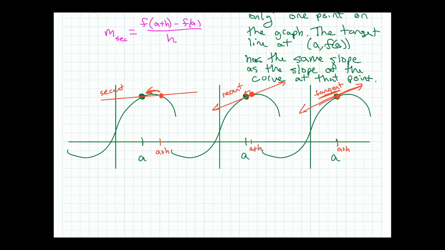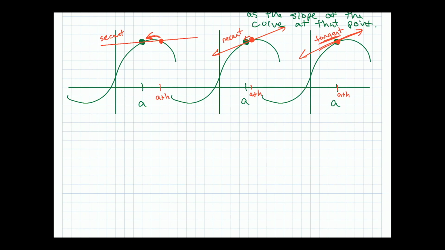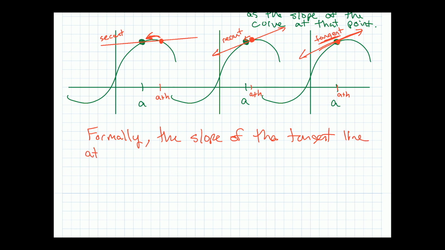Anyway. All right, so secant line, tangent line. That's what we got there. Now, how are we going to do it? Well, formally, we're going to do it with a limit, but we're going to do that in the next section. We're not going to do it now. Okay, so I can write it. So formally, the slope of the tangent line at a comma f of a, because it's at a point, right, is